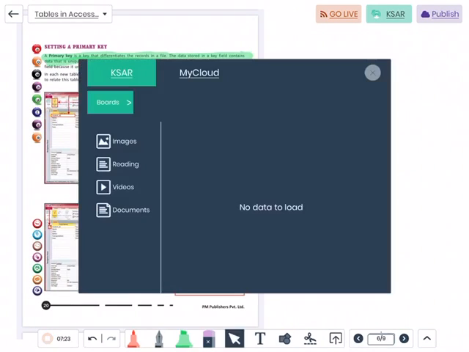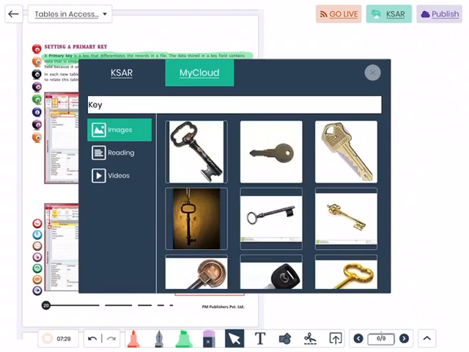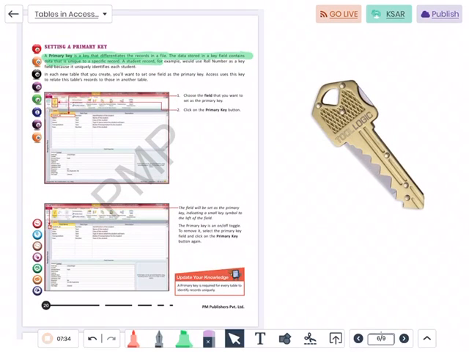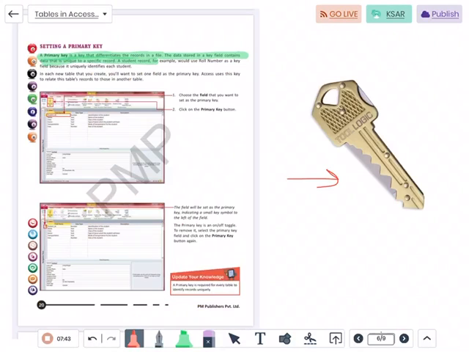So how to set a primary key? In your Access itself you will find a key-like symbol like this. First of all, you have to click on this key symbol that is present over here. The moment you press this key symbol against a particular field, suppose you select the particular field and then click on this key symbol, our primary key will be set.